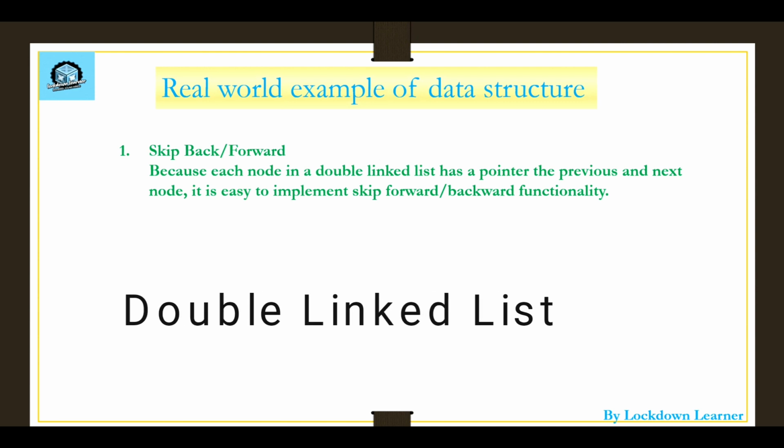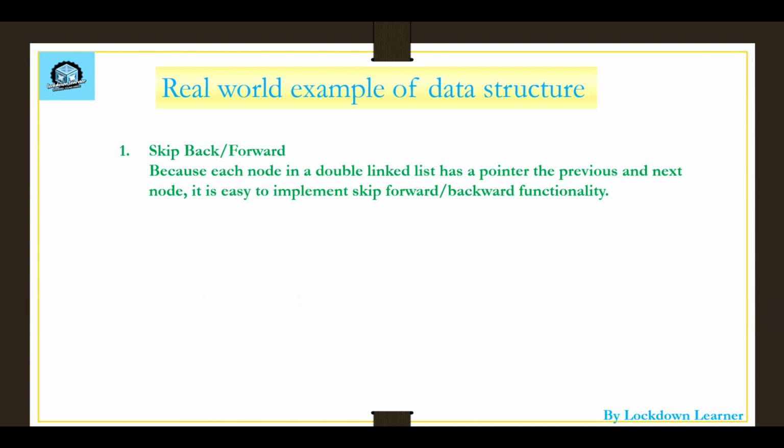You can go forward on the music, you can go to the next music, and you can also go to the previous music, because each node in a doubly linked list has a pointer to the previous and next node. It is important to implement skip forward functionality. Okay guys, a linked list has the functionality in which you can go, unlike an array. In an array the content is first, second, third. In a linked list you can go to the back element also, to the left side element also, and to the right side element also. It is not pointing to one side.